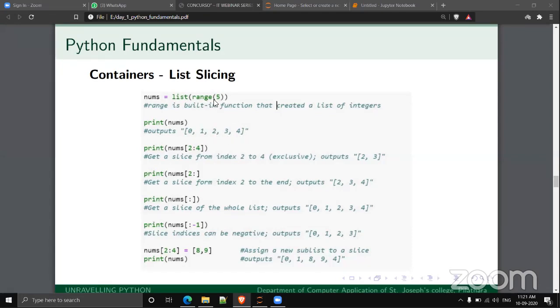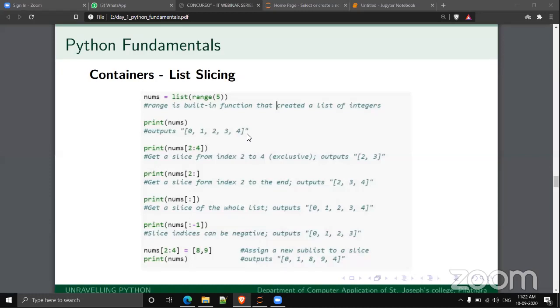And if you specify range of a comma b, it will generate from a till b minus 1. So in this example, the variable nums is assigned a list that contains the values 0, 1, 2, 3, and 4.